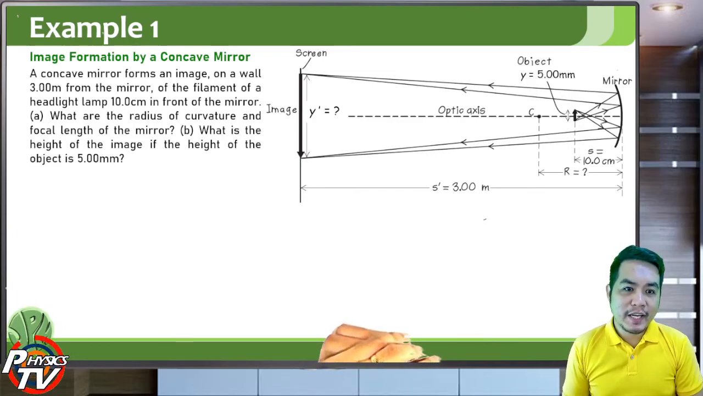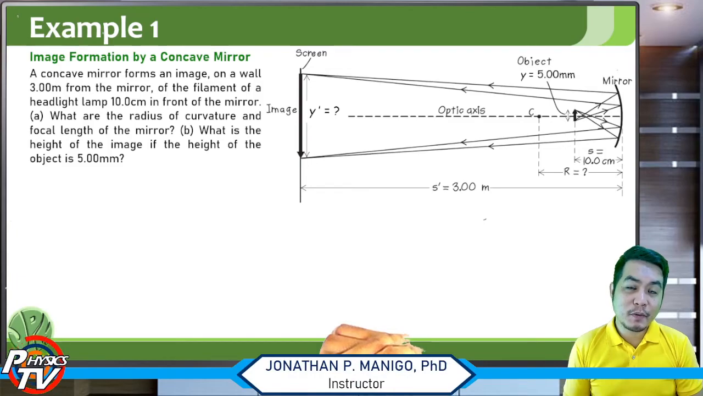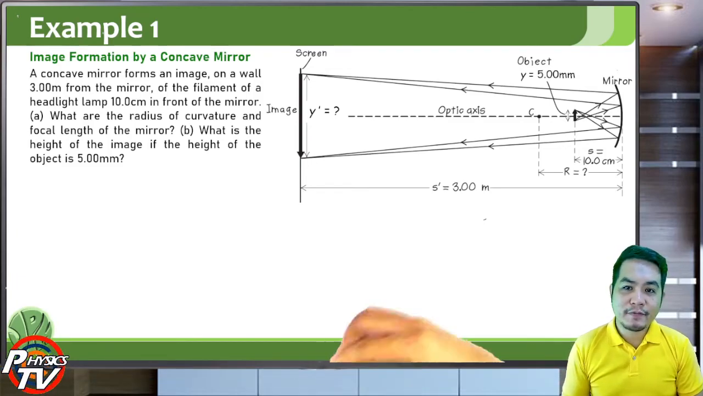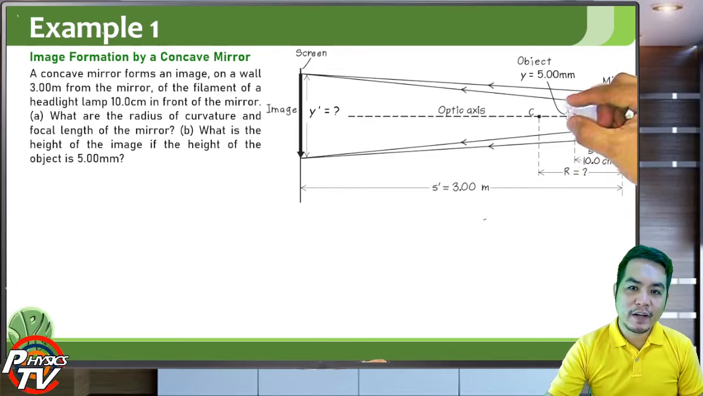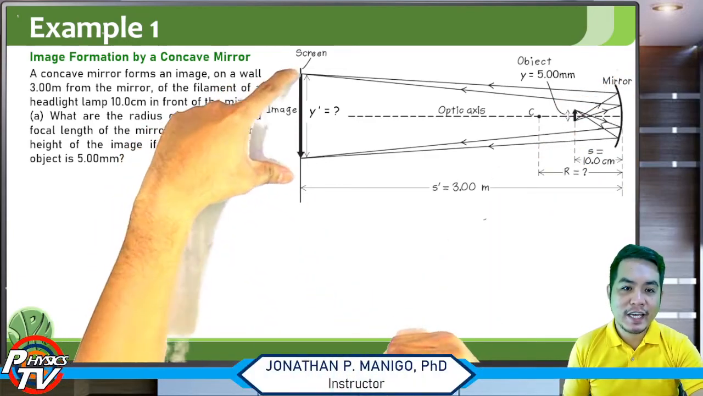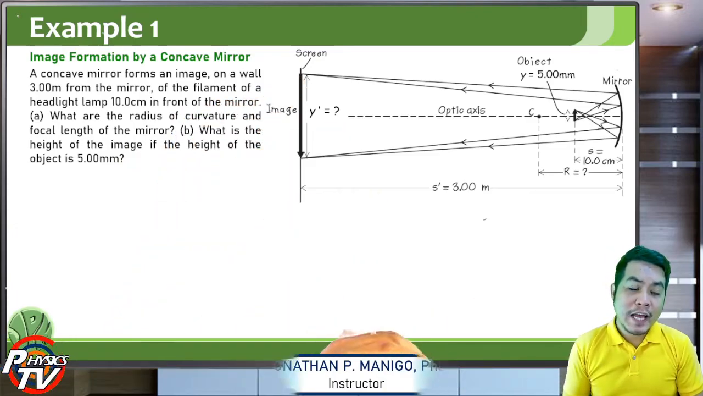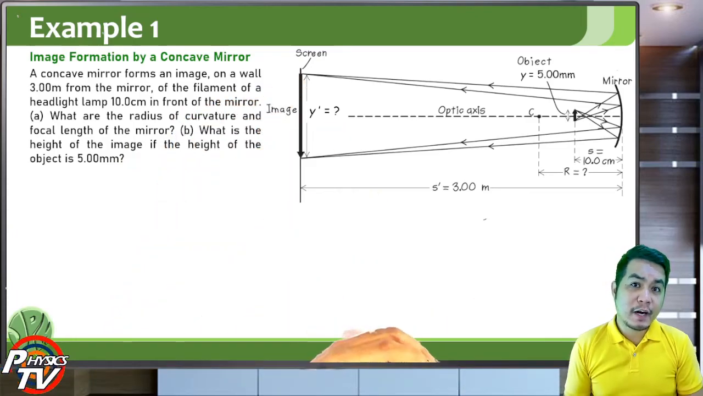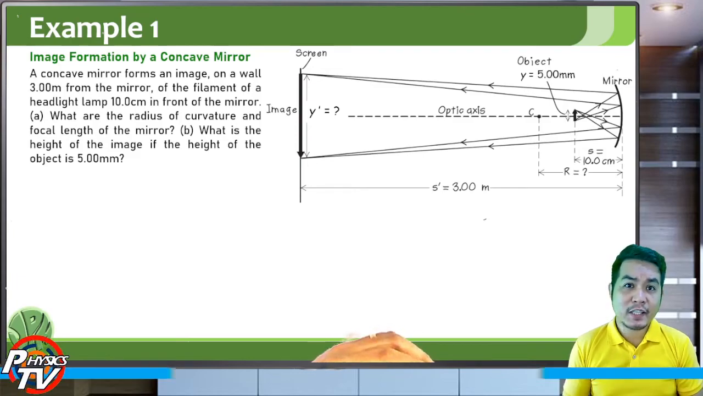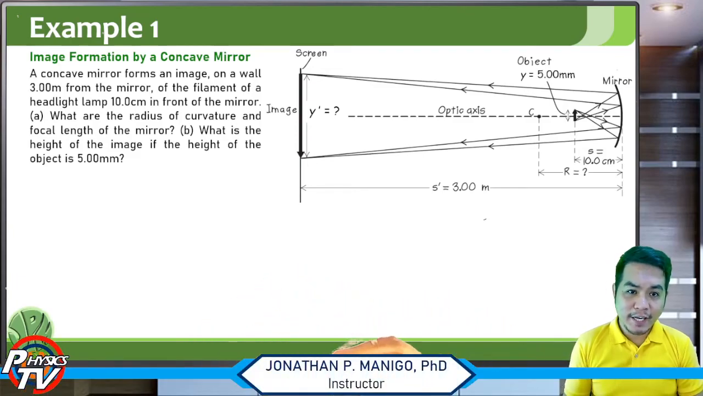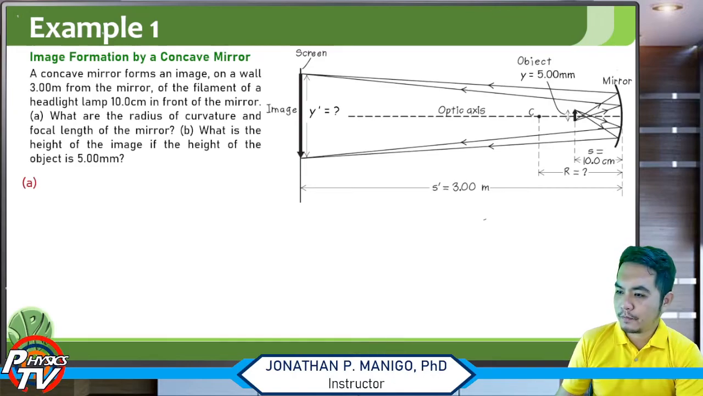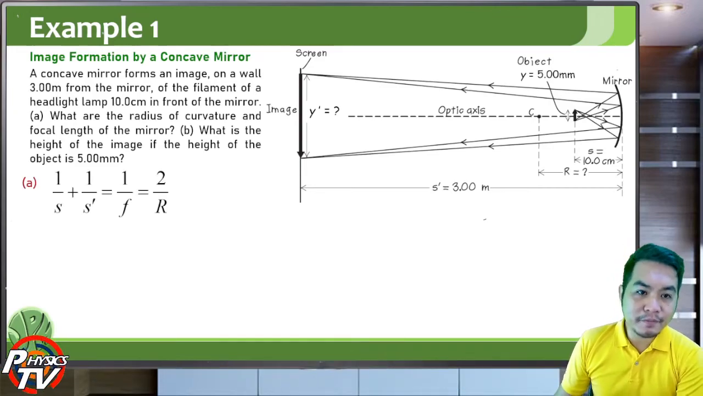So the question now is, what are the radius of curvature and focal length of the mirror? And what is the height of the image if the height of the object is 5 millimeters? If the object height is 5 millimeters, what is the height of this image here, y prime? This is a converging mirror, so the radius of curvature and the focal length are both positive, and the focal length is just 1/2 of the radius. Okay, so for letter A,